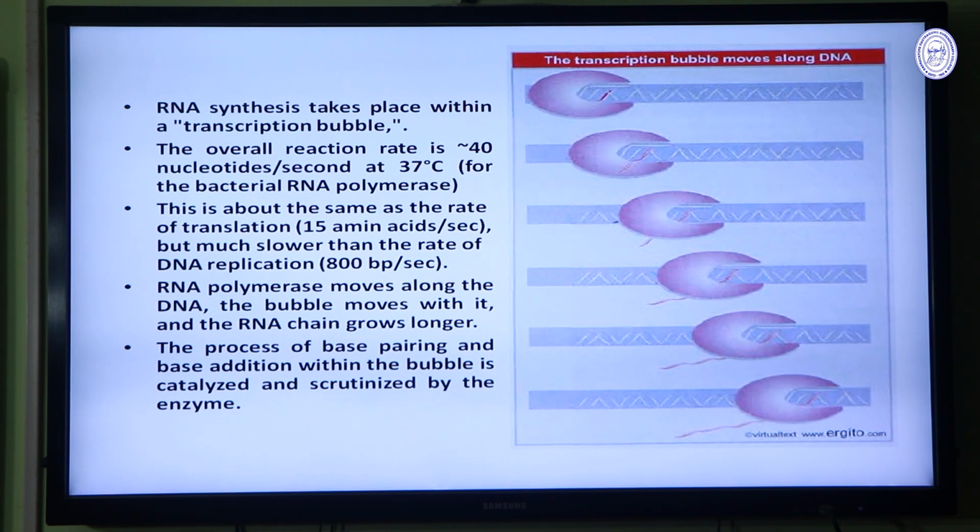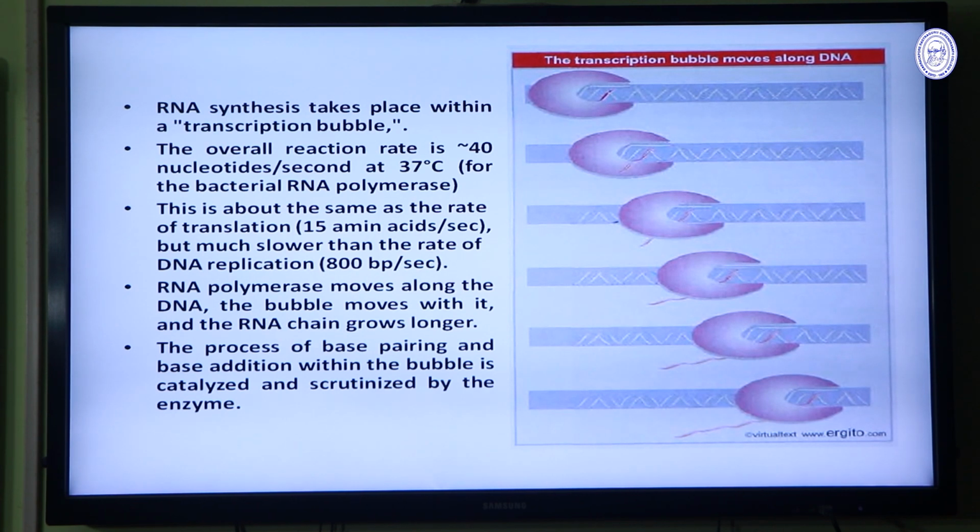The length of the RNA chain is increased by the subsequent addition of nucleotides. The transcription complex moves along the DNA template until it reaches the terminator sequences. So, definitely this catalytic reaction has a speed, and the rate of transcription is 40 nucleotides per second at 37